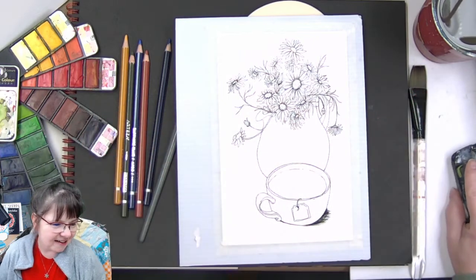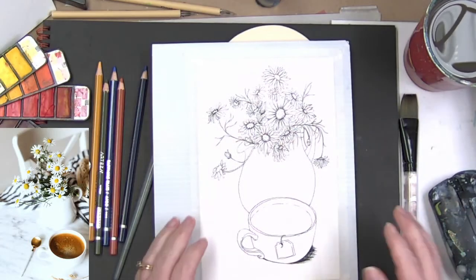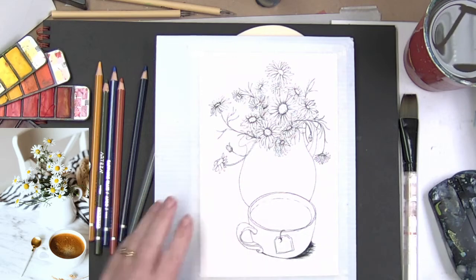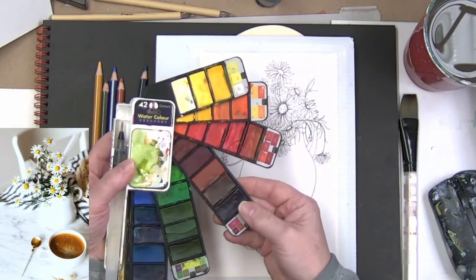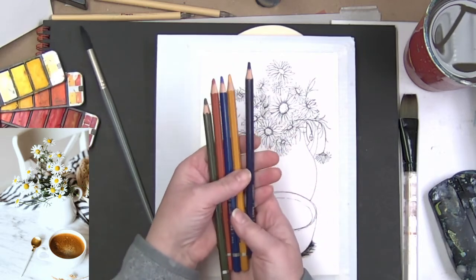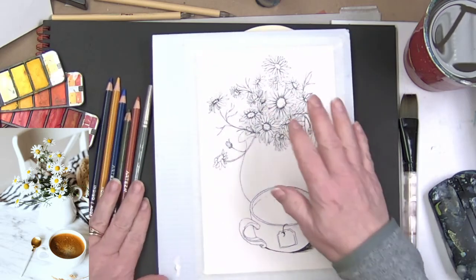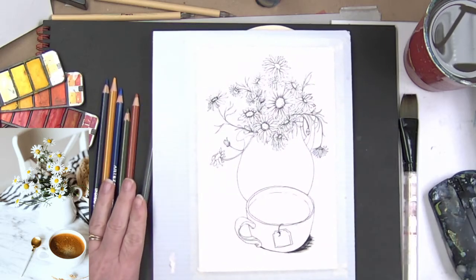All right, so I am going to be doing this fun, that one right there. I put the image that I used as my reference right here on the page. We're going to be using some of the inexpensive watercolors, and we will be using some watercolor pencils to do the details. I was thinking these flowers might just get a little bit fiddly. You can use regular watercolor on them still, but you know, let's just